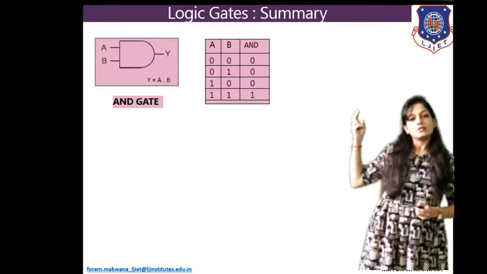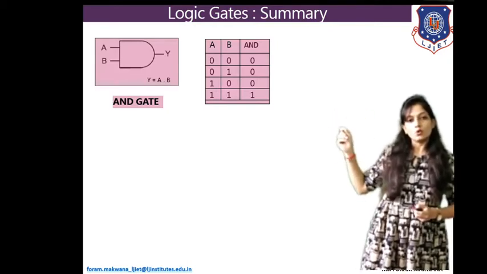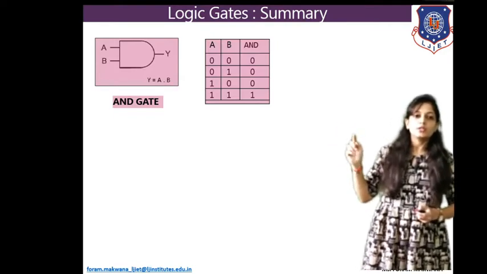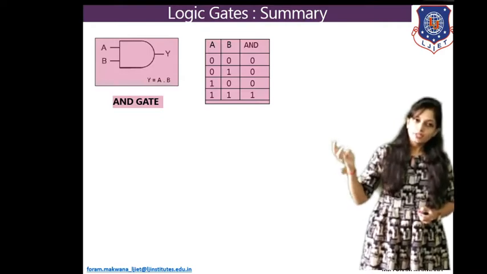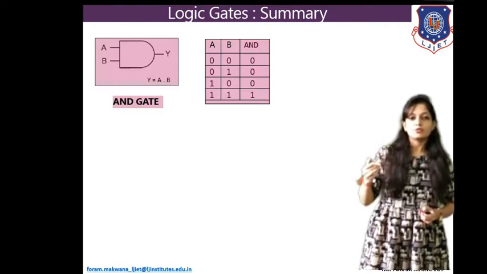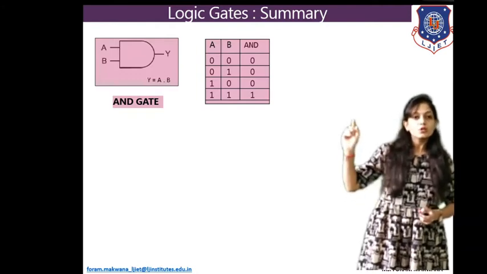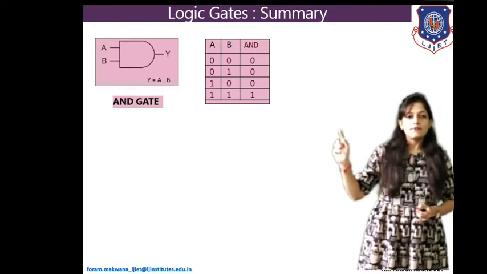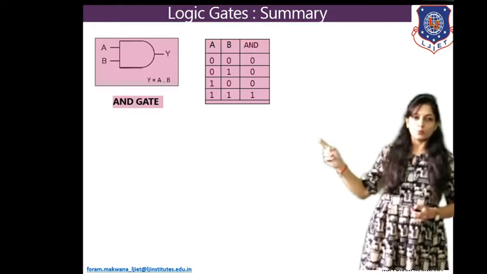As it has 2 inputs and accepts a signal only in the form of either 0 or 1, we can say that it has 4 combinations, like 2 raised to 2. Why? Because it has 2 inputs. If it has 3 inputs, the total combinations of inputs are 2 raised to 3, that is 8 combinations. So for 2 inputs, A and B can have the values 0, 0, 0, 1, 1, 0 and 1, 1.